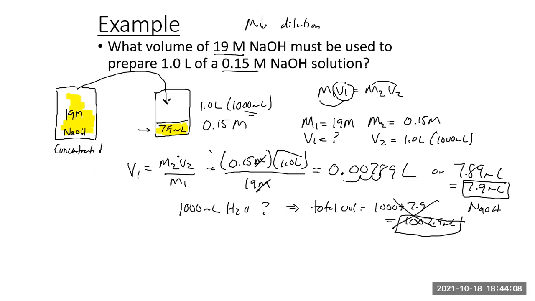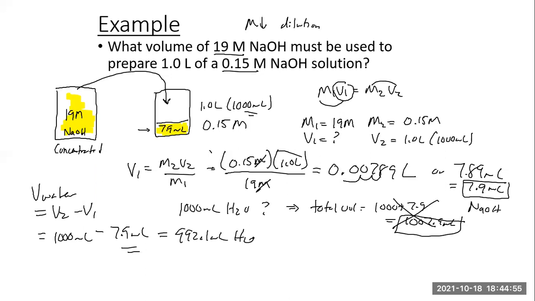Very common in dilution problems, they oftentimes will ask you how much water, for example, you should put in there. And there's a very simple way to calculate how much water: the volume of water is typically V2 minus V1. V2 is typically your final volume you're trying to make, and V1 is how much you took out. In this case, we want to make 1,000 milliliters of solution, and we already put in there 7.9 milliliters. That tells us the amount of water we should put in there would be 992.1 milliliters